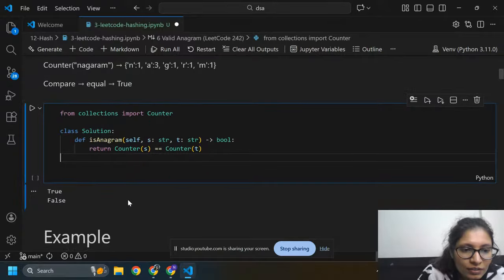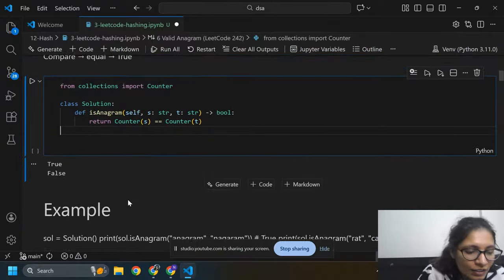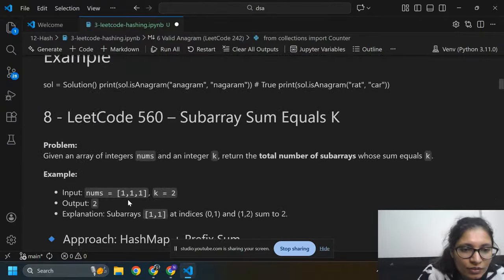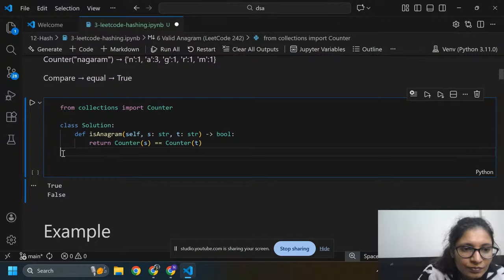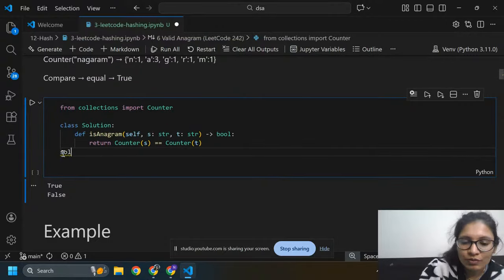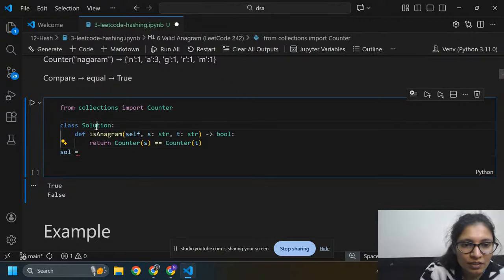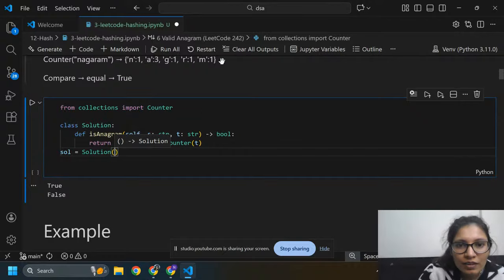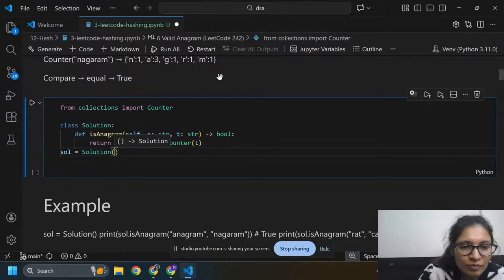Here I'm going to create an object for class Solution. Here I'm going to pass this class. I am going to clear all output.